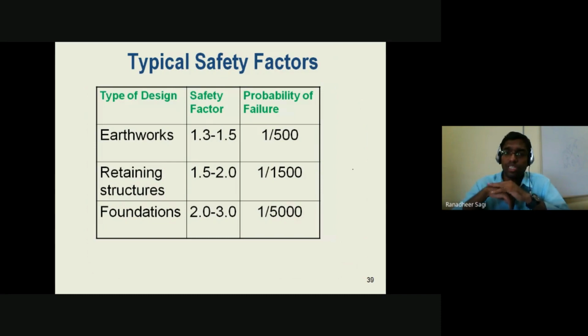But when it comes to the case of a very high-rise building, if it is a foundation designed for a very high-rise building, economically more investment is there, and many people will be using that particular structure upon completion of the construction. That means when more utility is there by many people and more money is invested, you would also ensure the safety of that structure by having a little higher factor of safety.